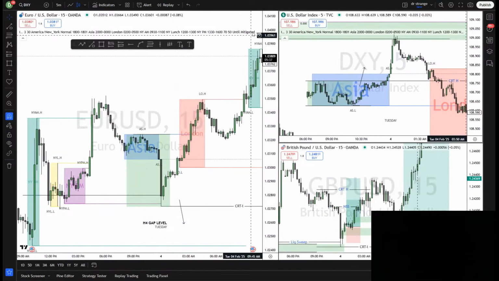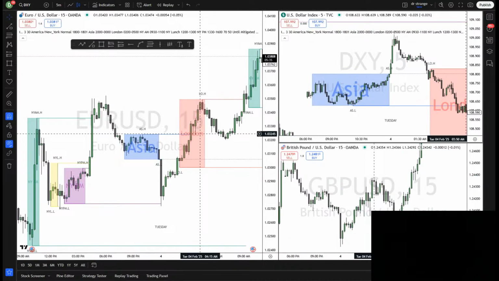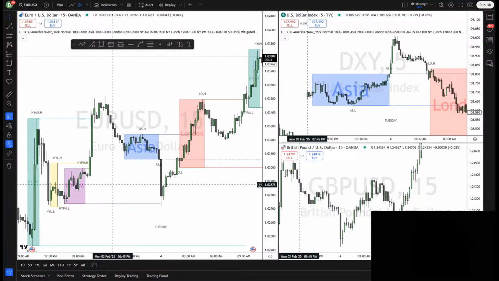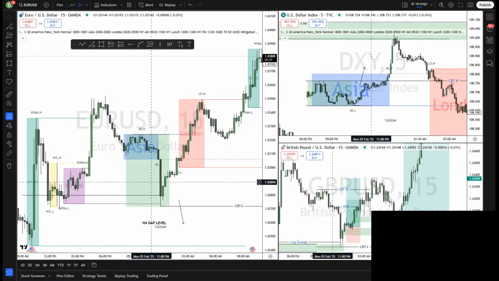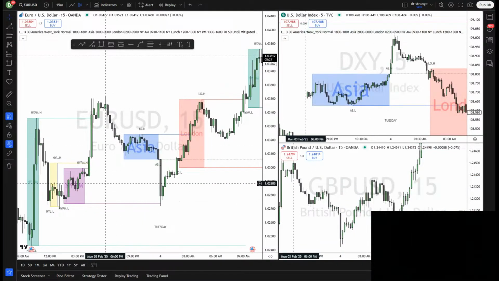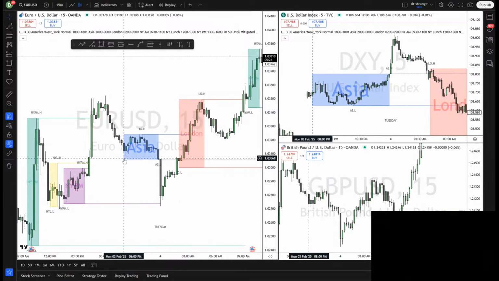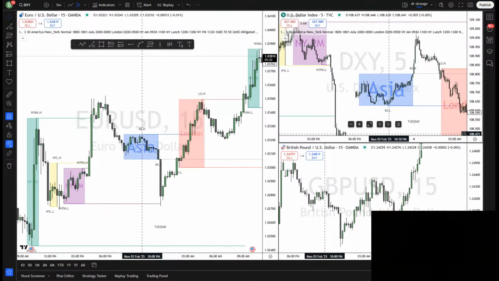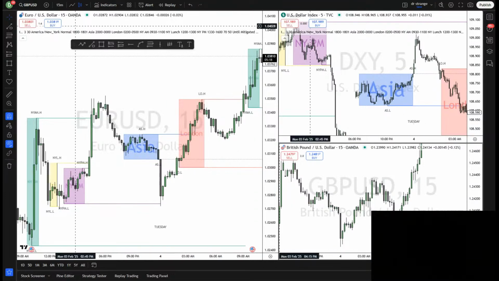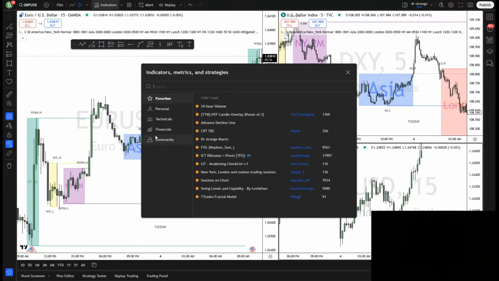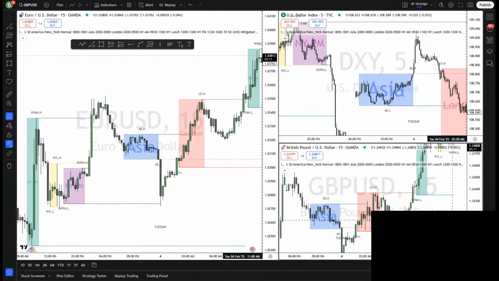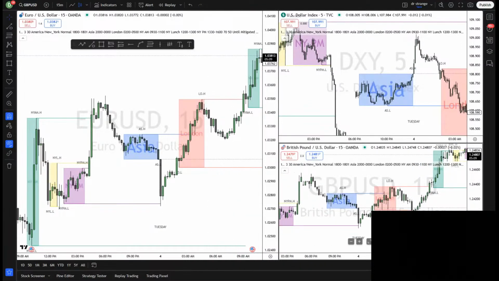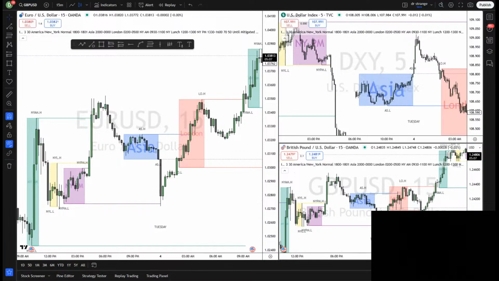Just a recap, as we can see, let me remove all drawings so that you're able to see what really happened. So removing all drawings, you see Asia lows were taken out on Euro USD, even on DXY. Asia lows were taken out, even on GBP USD. So there's nothing you had to say that we are waiting for Asia lows or we are looking for SMT at the Asia lows. No. Everywhere the Asia lows were taken out. So this one doesn't give you a setup.